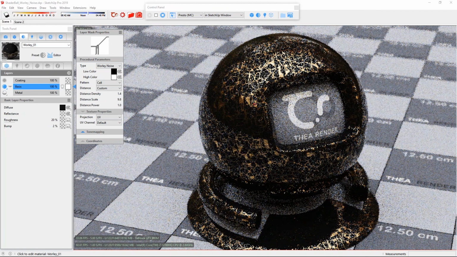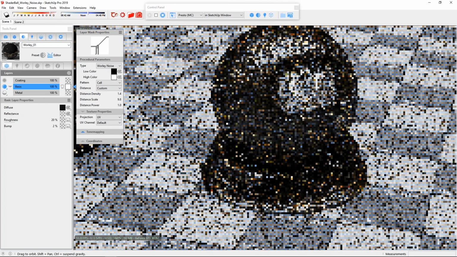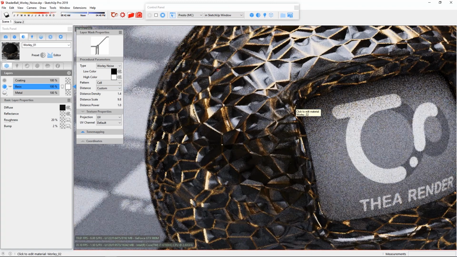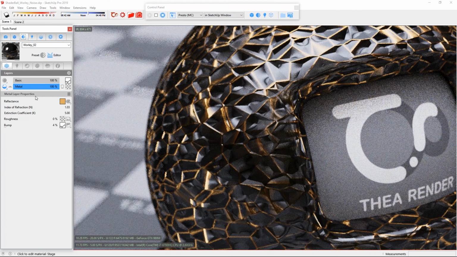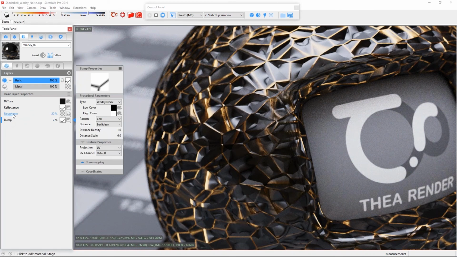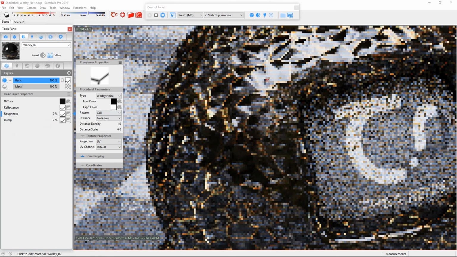And using the Worley noise procedural, we can achieve materials as complex and nice as, for example, this one shown by George in the slides. This material, as you will see, also has two layers, but it uses the Worley noise in reflectance and in a bump. We can use this also in roughness, for example, and decrease the roughness, and you will see that the black